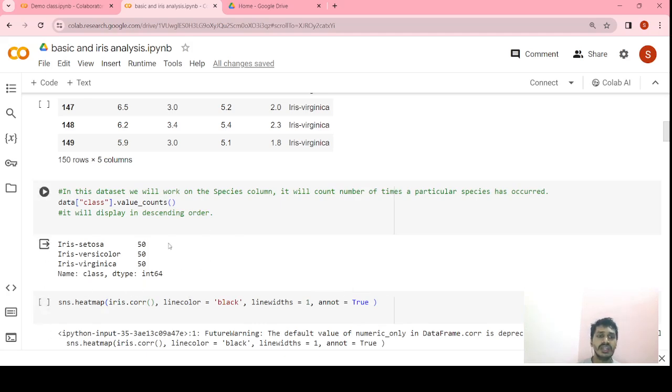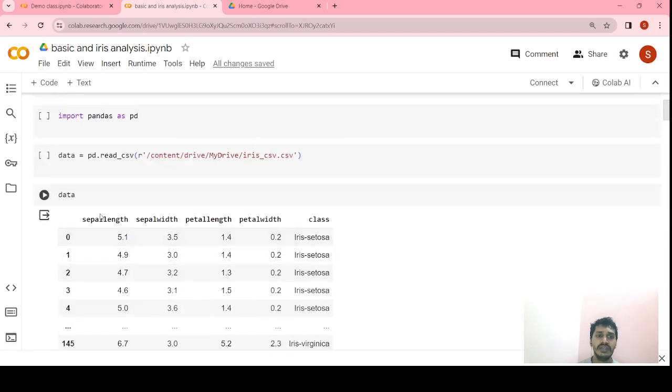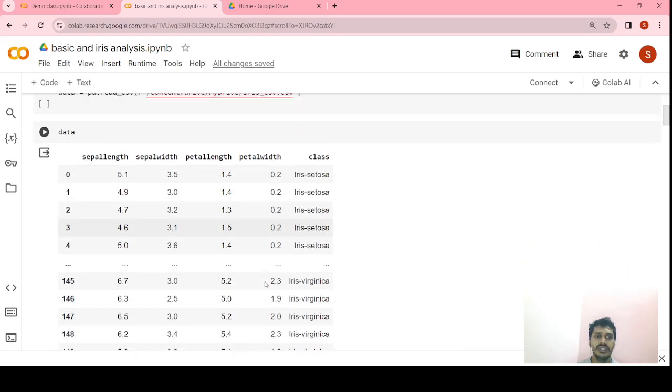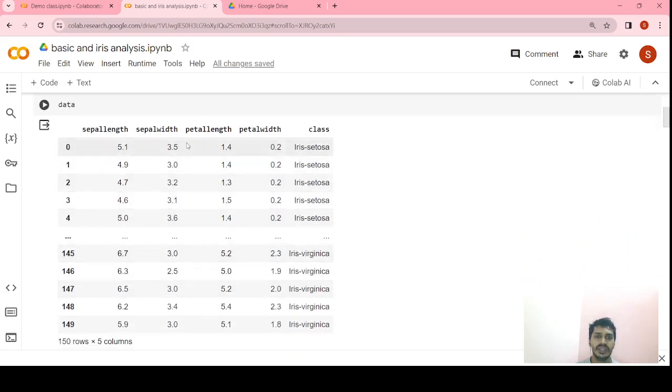So these three types of iris flower we have to classify based on their sepal length, sepal width, petal length and petal width. So these are some of the data. Okay. So you can see over here how the data are varying and the classes are defined. Since, as I told, the class is defined and the data are defined, this is purely a supervised learning